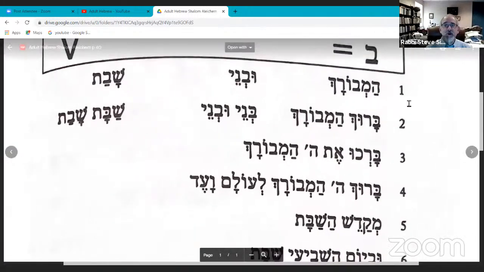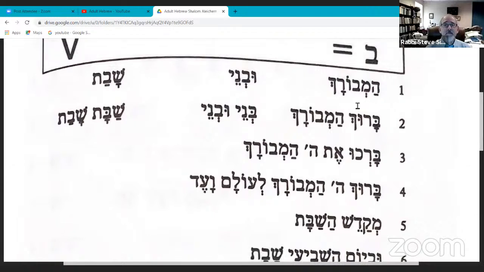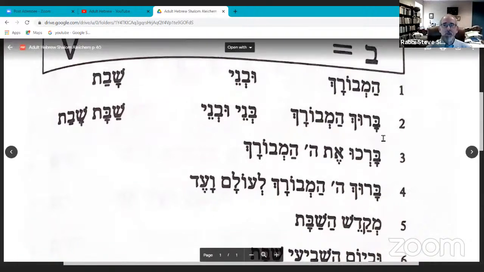Hopefully this is large enough print for you to see. Line 1. Hamevorach. Uvnei. This is the U vowel. This is the V. Uvnei Shavat. Line 2. Baruch